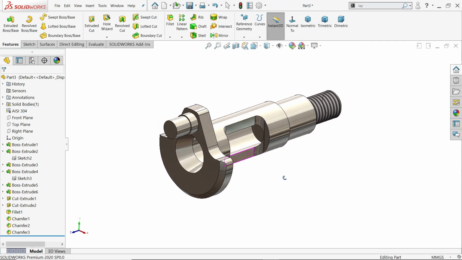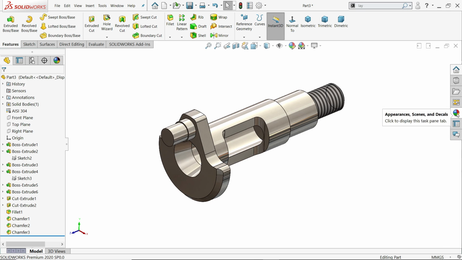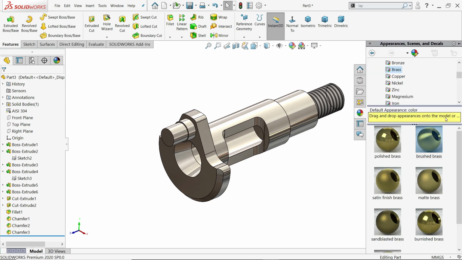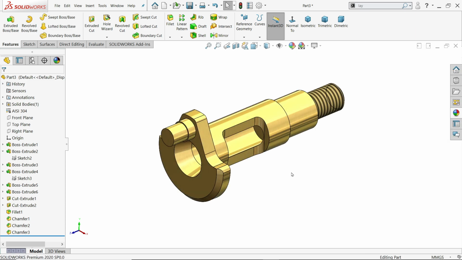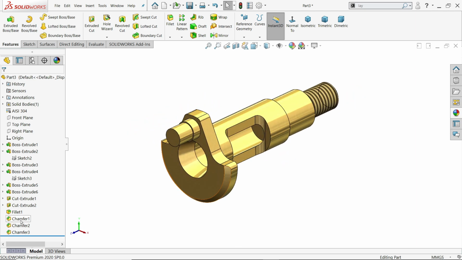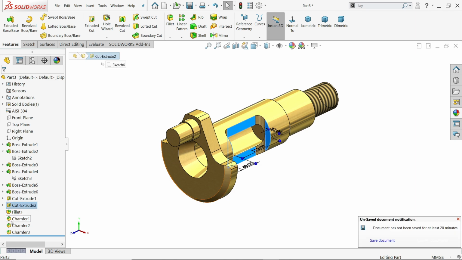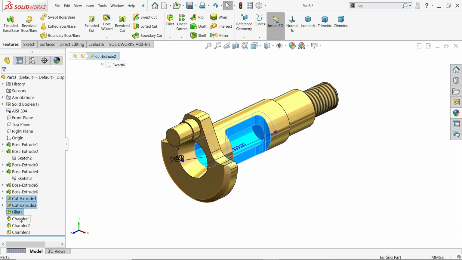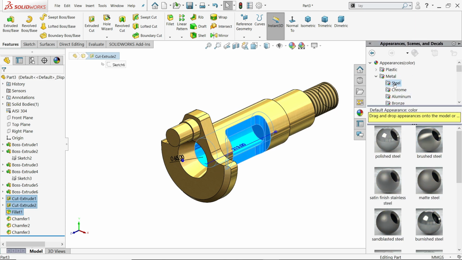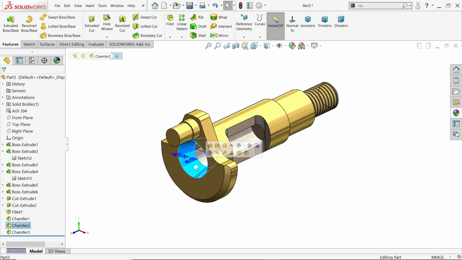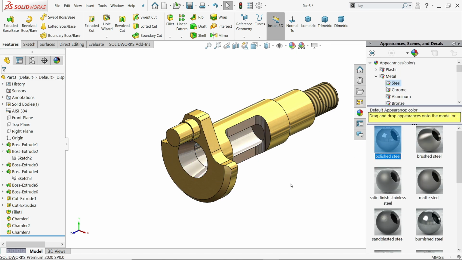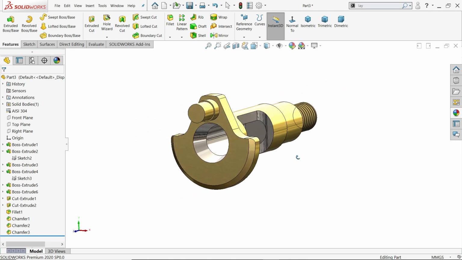Look, even if you want to change scene or appearance, let's say brass, look, hold control key, and if you want to change this one appearance, just go to metal, polished. See, this face polished. Look, this is how we changed.